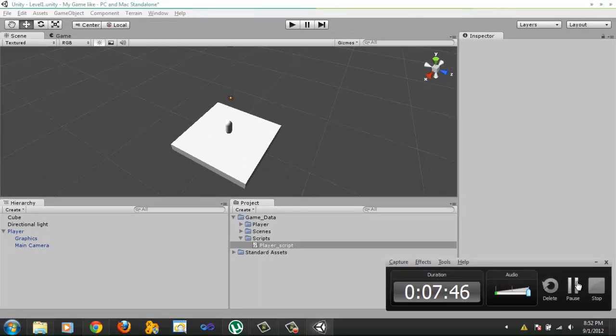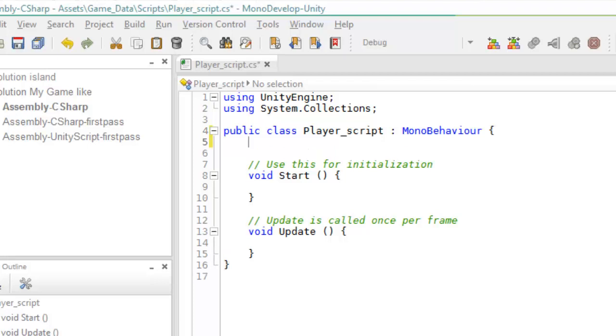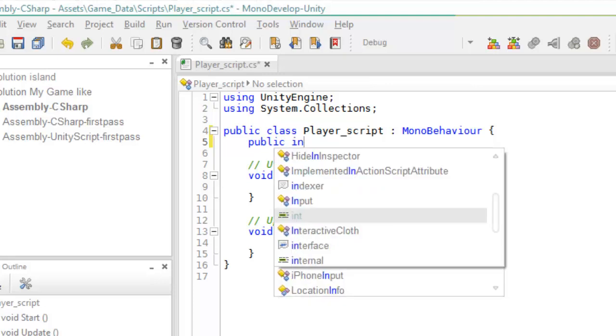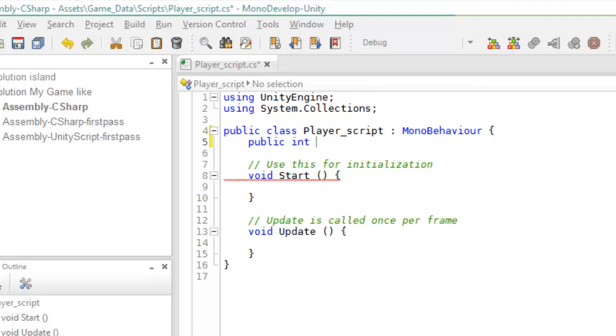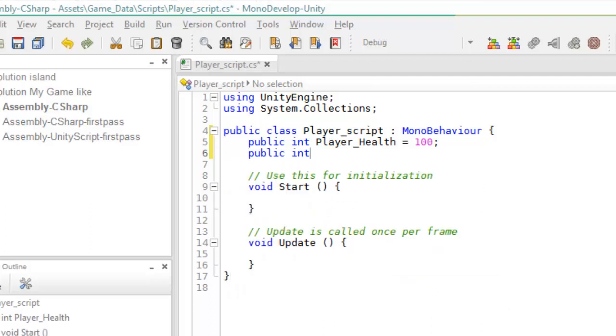And I'm back. So first we'll set up some variables here. Make them public, just so we can see them in the inspector and edit them if we need to. So make this a public int, and we'll call this the player_health, and we'll set this to 100,